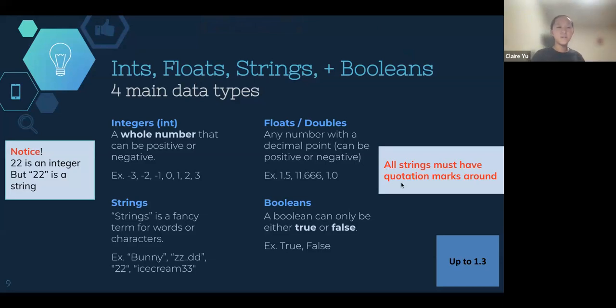Okay, so some important things to know: on the left-hand side, there's a box. It says 22 is an integer, but 22 with quotes around it is a string. So this is kind of similar to the thing about integers versus floats. Anything with quotation marks around it must be a string. So even if 22 is equal to 22, if one has quotation marks around it, it makes it